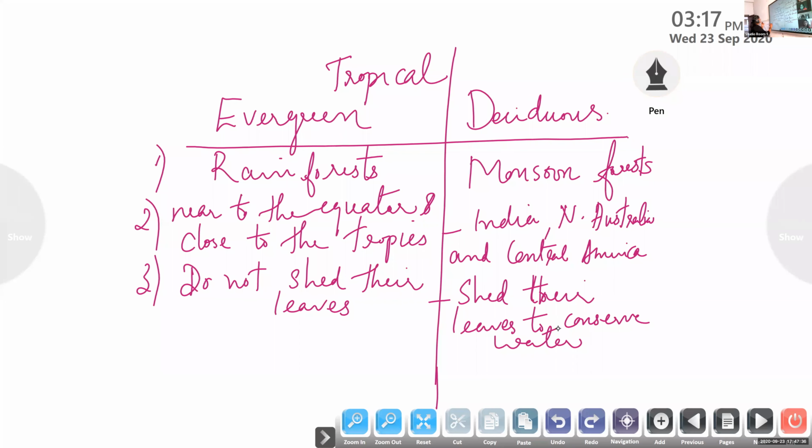Okay, then what about seasonal change? Evergreen forest: heavy rainfall and sunshine throughout the year.